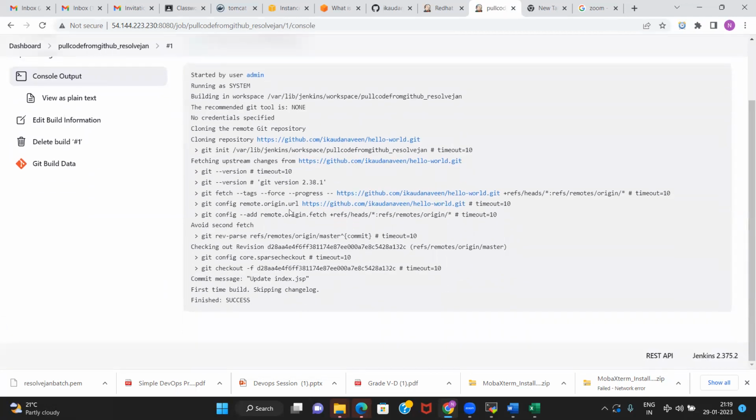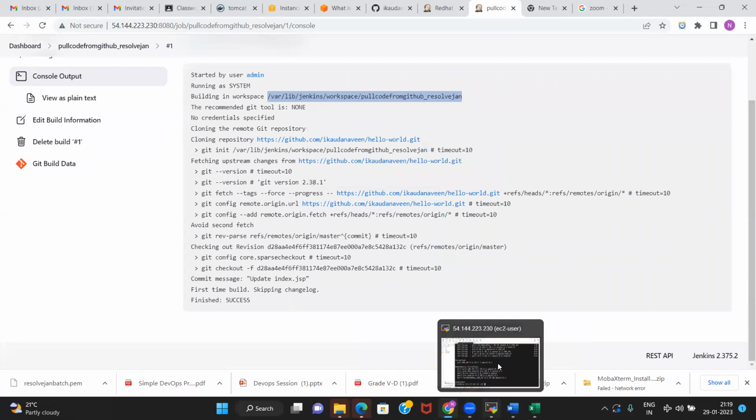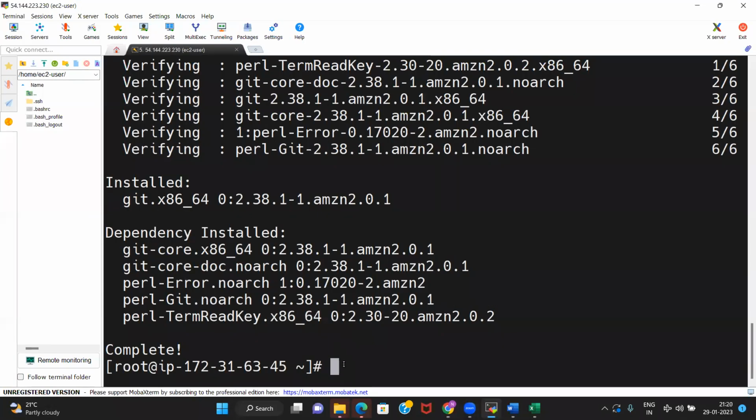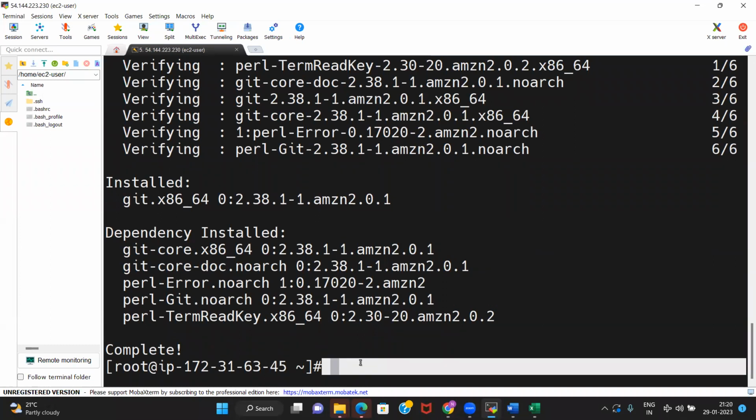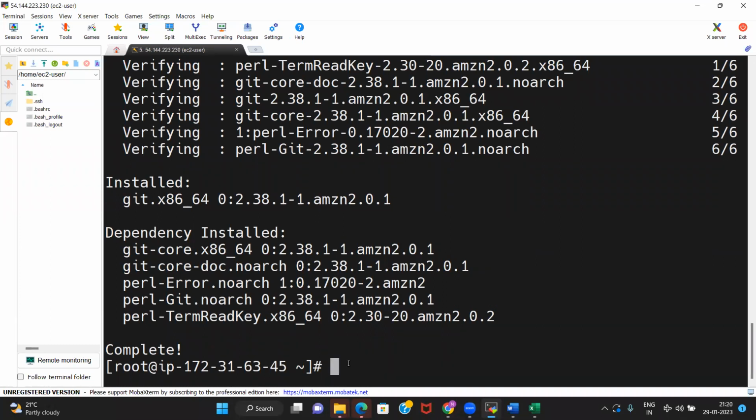And you see the code is pulled from this repository. Just copy this thing. And let us see what happened when we have done it. So go to this place. I don't know, I'm getting disconnected regularly, maybe due to internet issue or whatever with the server.